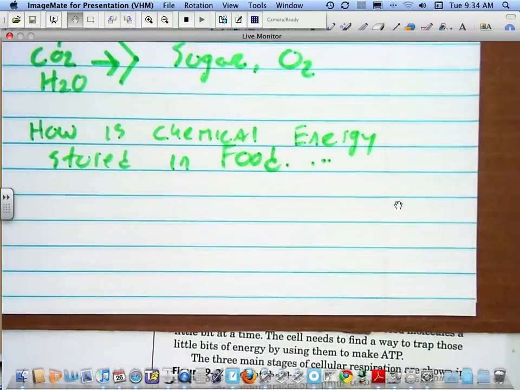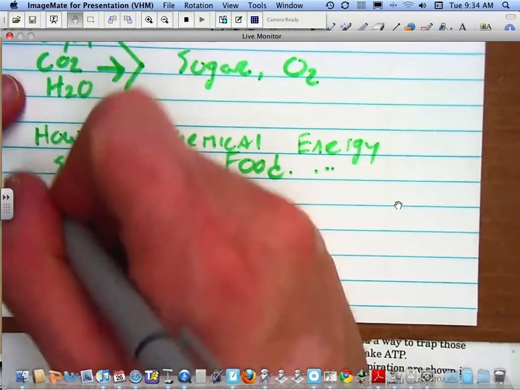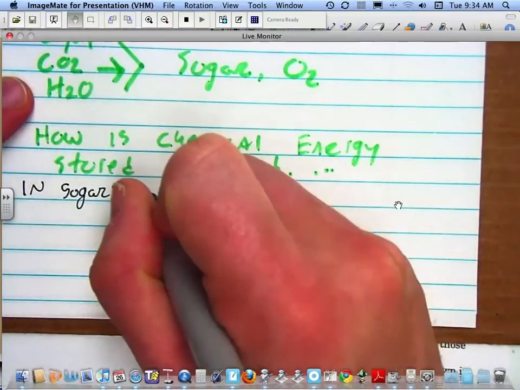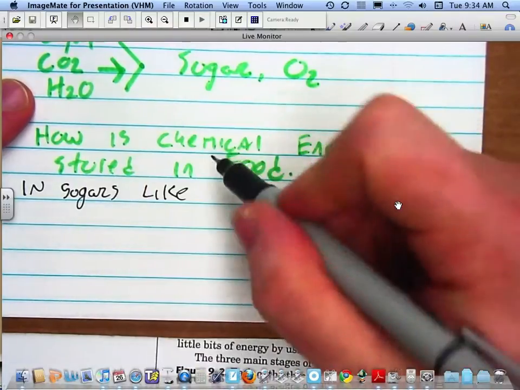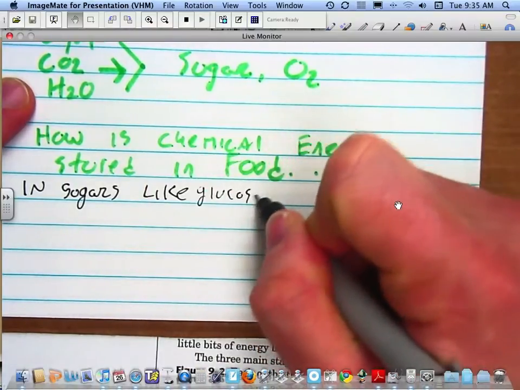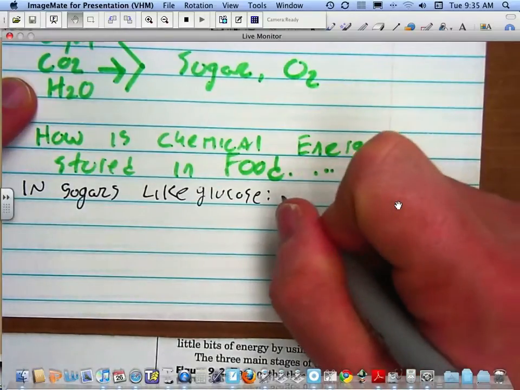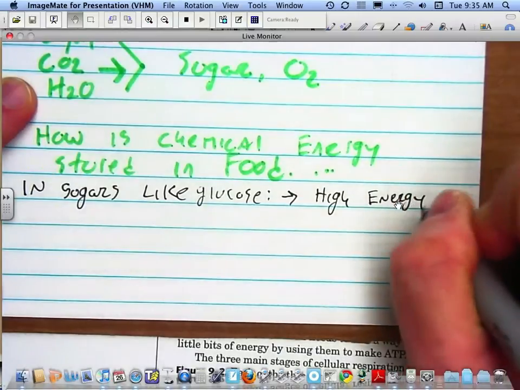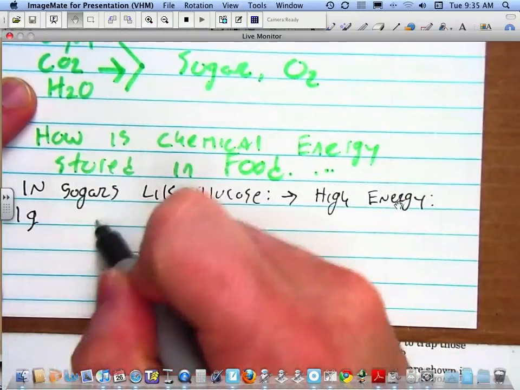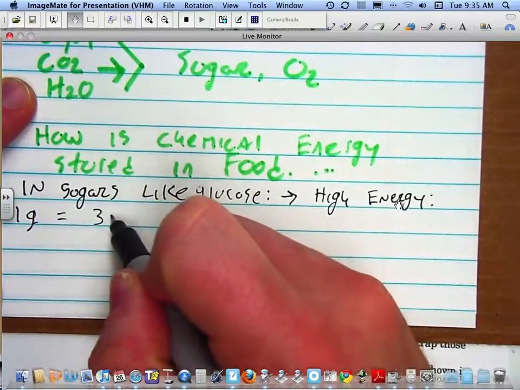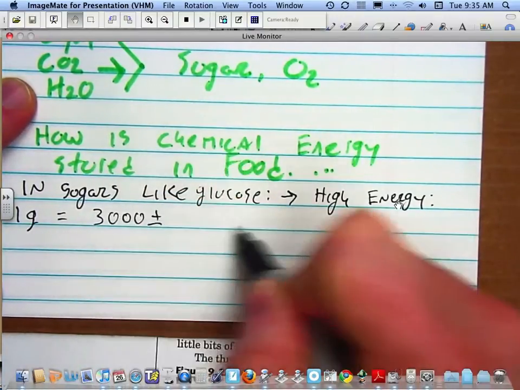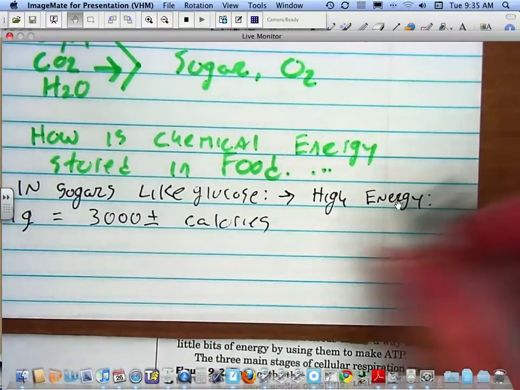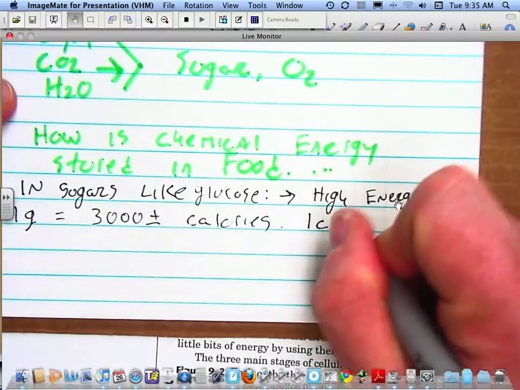I would say chemical energy is stored in food, in sugars, like glucose. Glucose is high energy. One gram equals 3,000 plus or minus calories. All right, 3,000 calories. 1 calorie equals